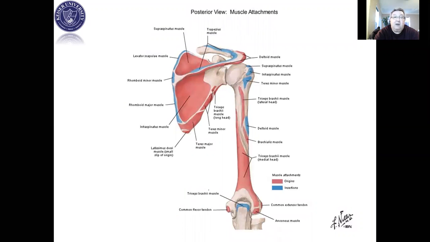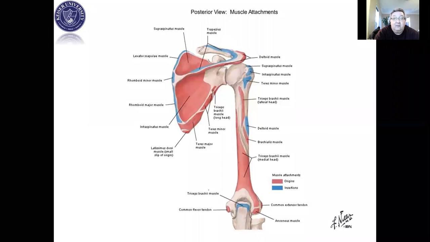All right. Now, you're going to see a lot of pictures. This picture is a posterior view, and it shows all these colors are origins and insertions of muscles, where these muscles are located. So the pink is where actual origins are, all right? Actual muscle origins, and you can see it. So on the top here,